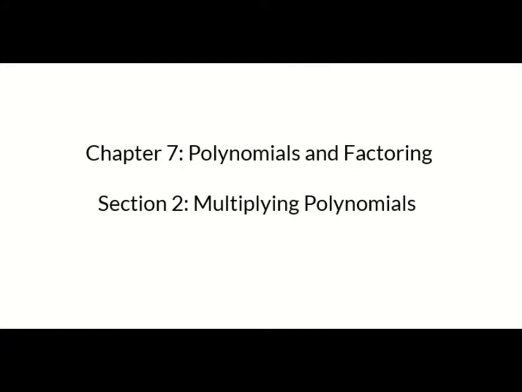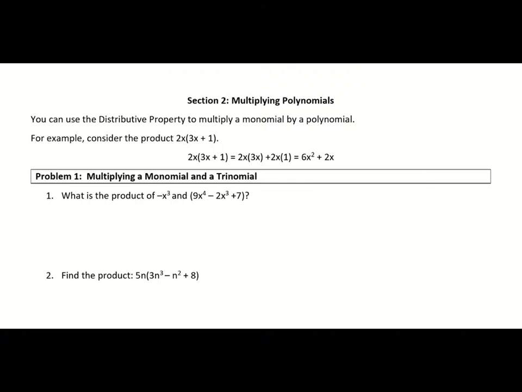Today we're going to talk about Section 2 of Chapter 7, Multiplying Polynomials. So the first problem we're going to take a look at is multiplying a monomial with a trinomial. Now we have multiplied monomials and trinomials together before, and the way that we do this is we use the